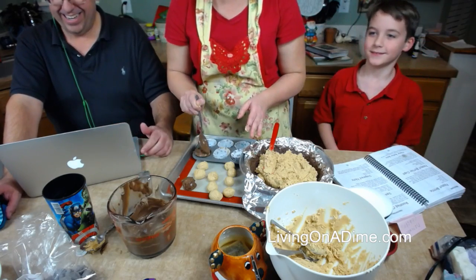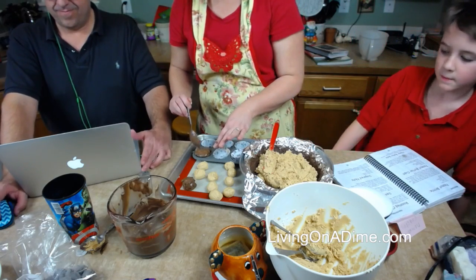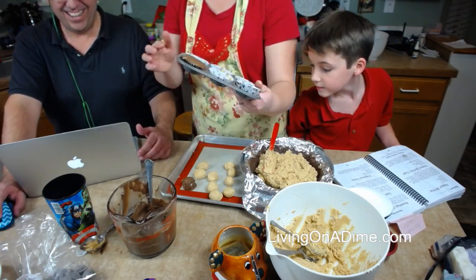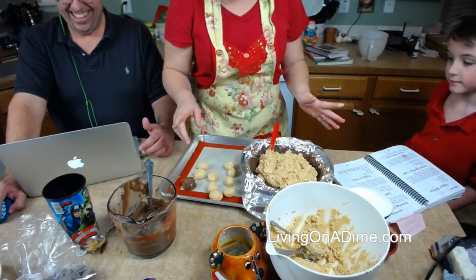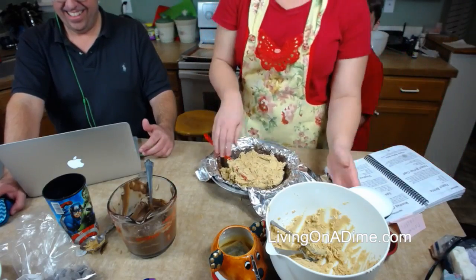Okay, so this is how you make the regular little peanut butter cups. Whoa, that looks weird. Okay, it looks weird. Looks epic legit. I think that's good there. There you go. Epic, legit, and weird at the same time. Okay, so then if you do your big peanut butter thing,